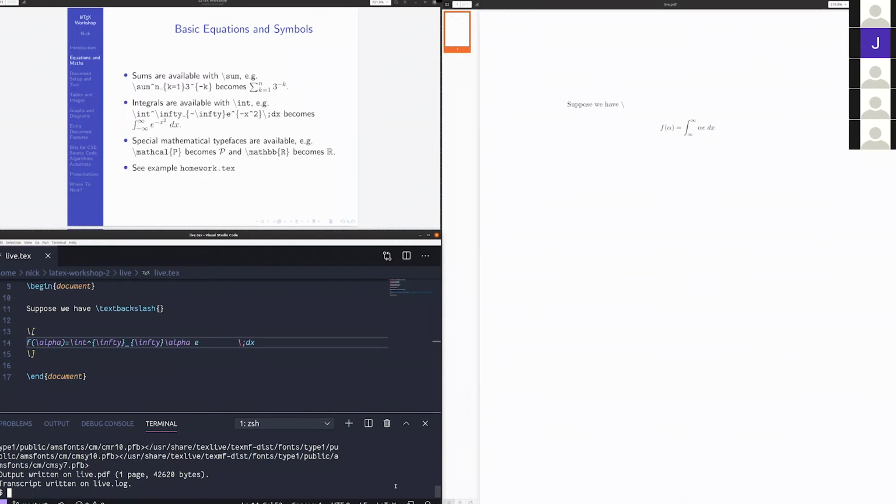And one other thing that I don't do this, but some people like to do it, is you might want the D to appear like, you know, a sort of upright D, not in italics. You could do math RN D. And that gives you the sort of like uppercase D. Some people prefer to do this for integrals. I think it's fine to have the normal D, but